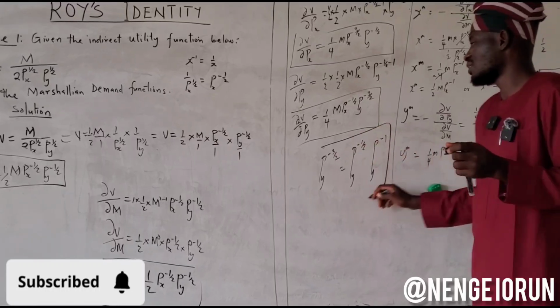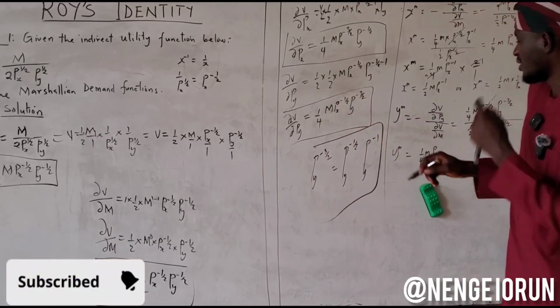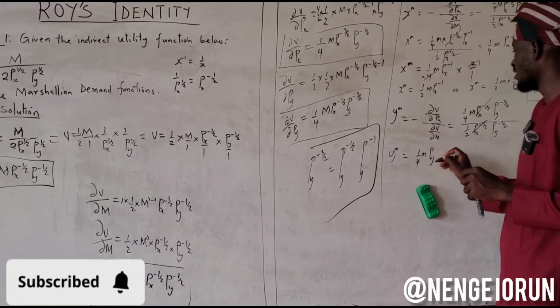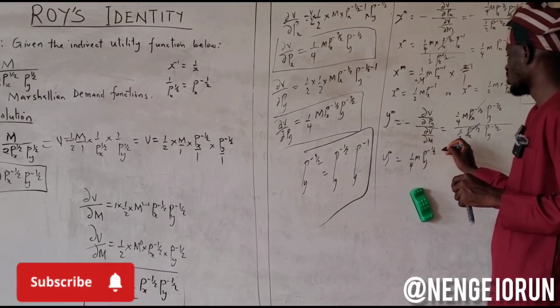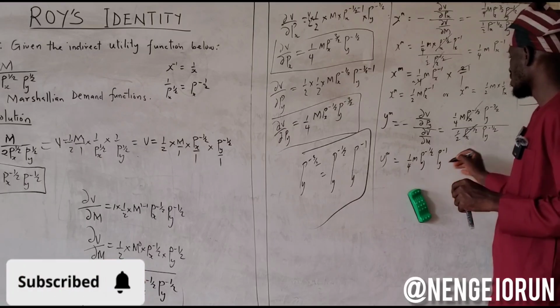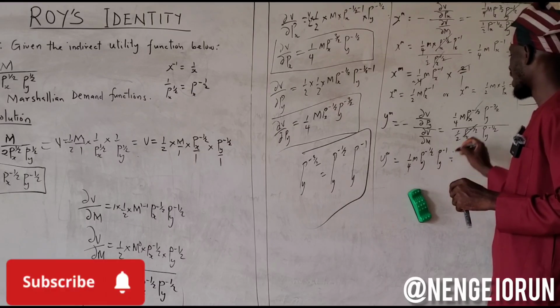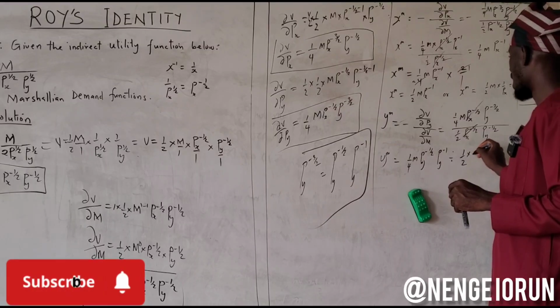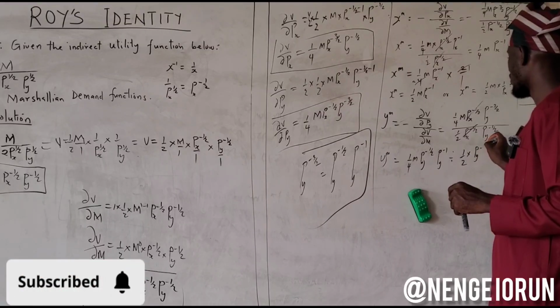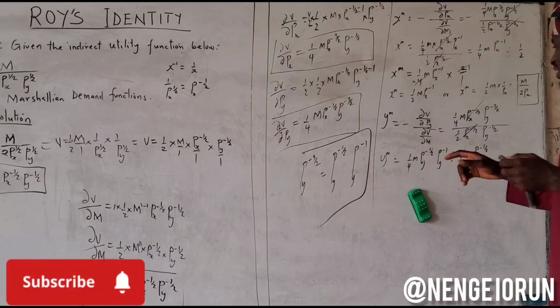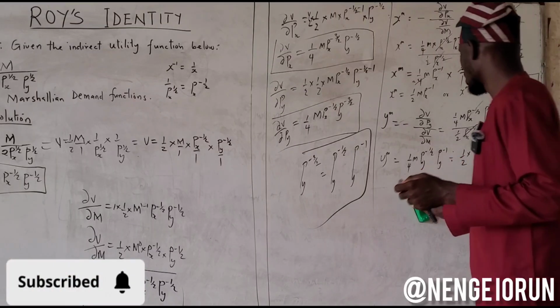So with this, we have py raised to the power of negative 1 over 2 py raised to the power of negative 1. Then divide by 1 over 2 times py raised to the power of negative half,